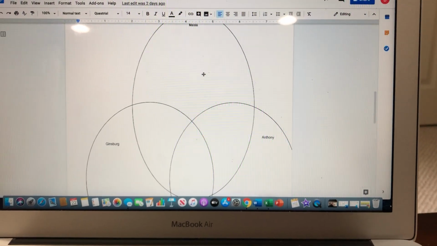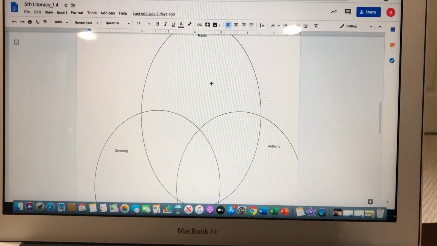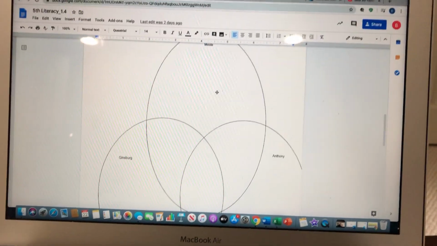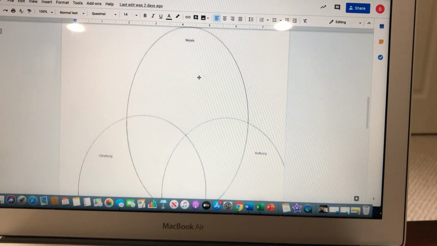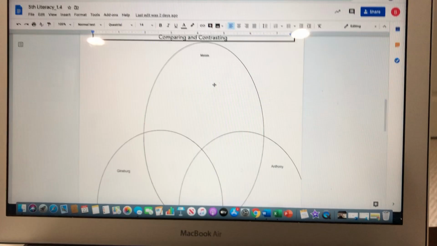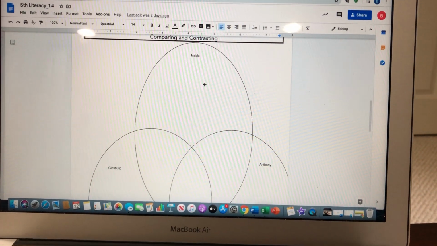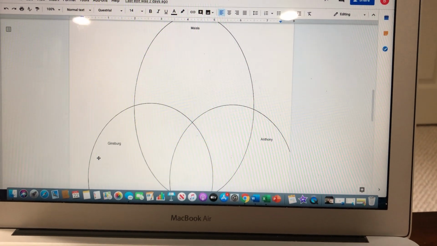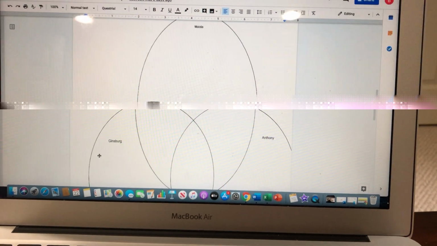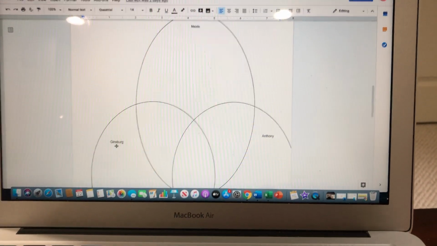I'm not going to go ahead and type in here because I want to see what you can come up with on your own. But I will give you a little bit of an example that I've already thought about. I know that Malala was not a lawyer. I know she wasn't a lawyer because she was a young girl and still is very young and is not older like Ruth Bader Ginsburg. So what I would say for Ruth Bader Ginsburg is that she changed laws. She was a lawyer, and Malala was not a lawyer, so that makes Ruth Bader Ginsburg different from them.